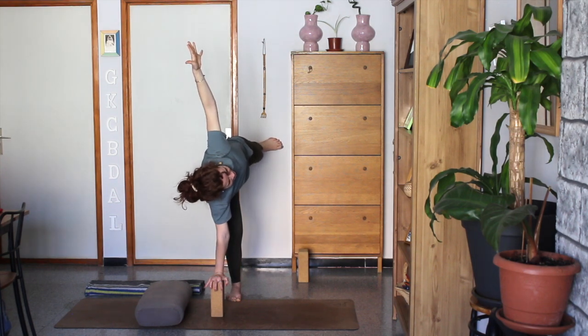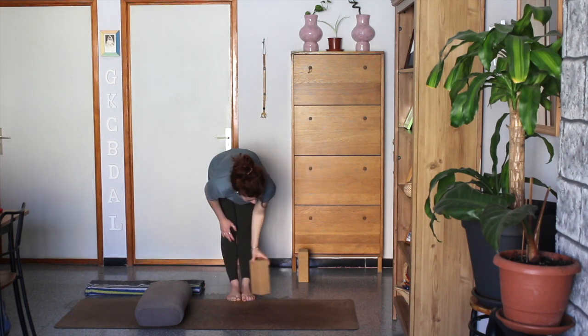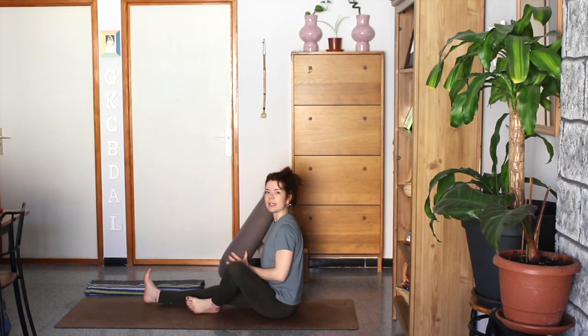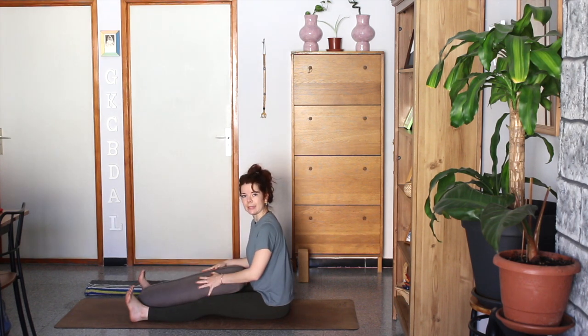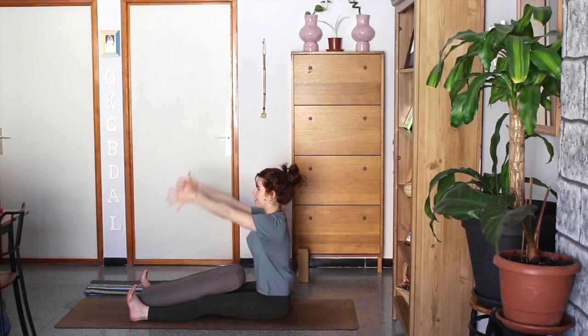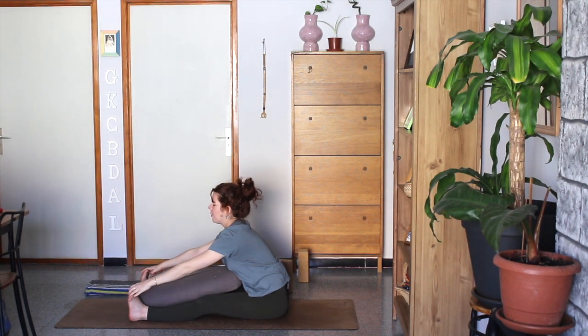Bend the left knee, step the right foot down, move your block out of the way, come to sit on the floor, use the bolster, stretch your legs out forward in Paschimottanasana, but have the feet again quite far apart, a little bit wider than hips width distance. Have the bolster between the legs so that you're ready to use it as a head support. Raise the arms up, reach the hands forward, hold on to the feet. Lengthen the back,